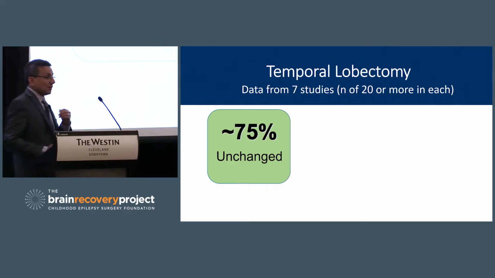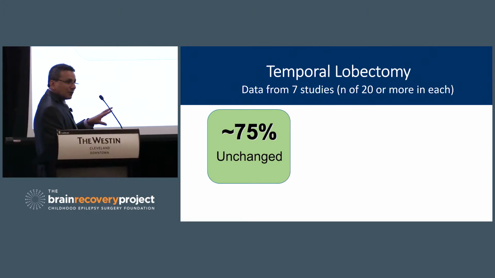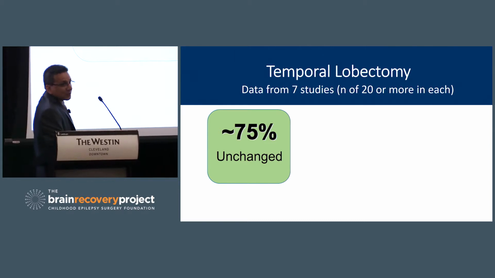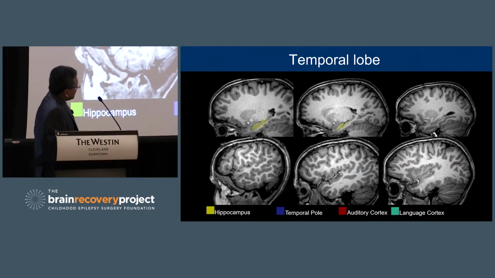Okay. So when we look at the intellectual outcome after a temporal lobectomy in pediatric patients, this is data from 7 studies that have preoperative as well as postoperative developmental assessment. They have at least 20 patients in each study, and the maximum is around 50 or 52 patients in a study. 75% are unchanged, 9 to 14% are improved, and another 10 to 15% have